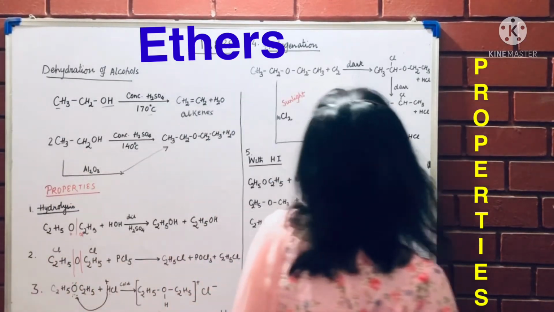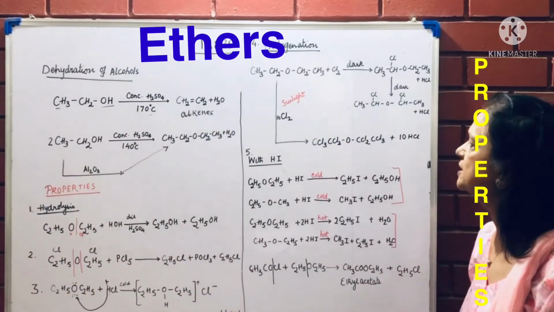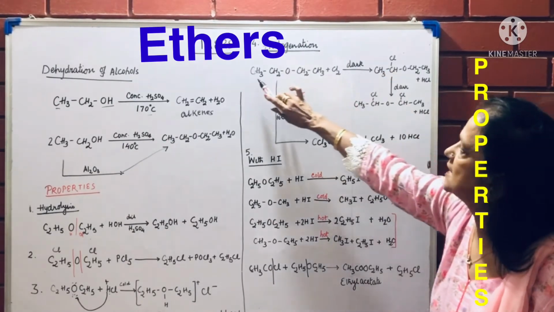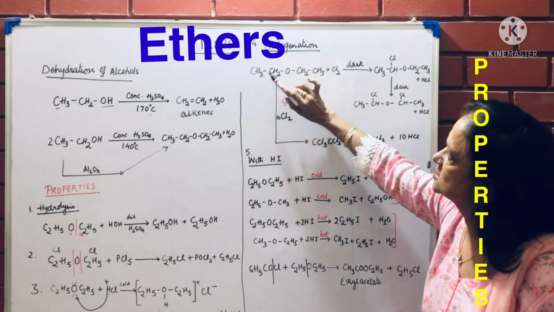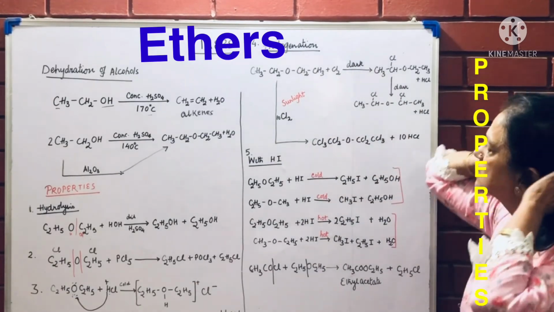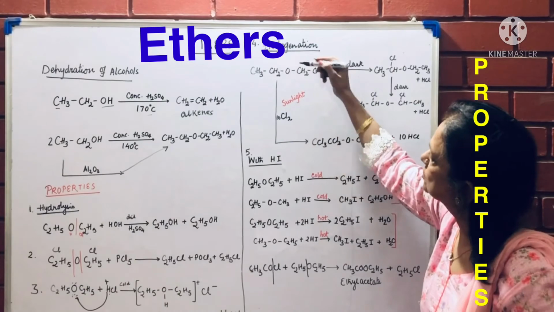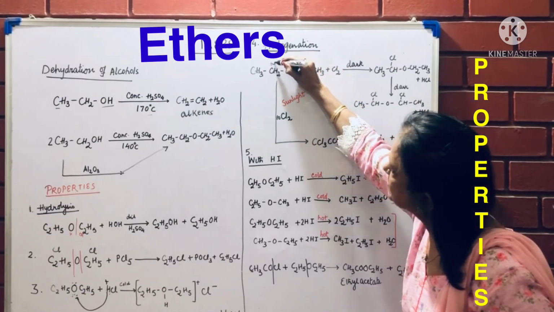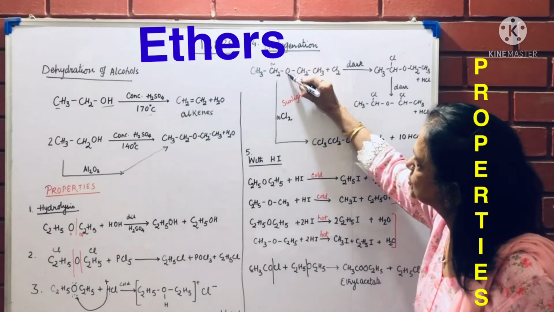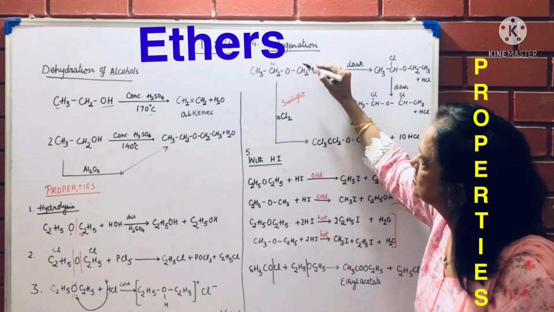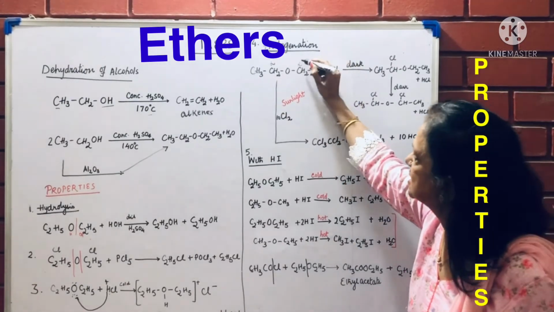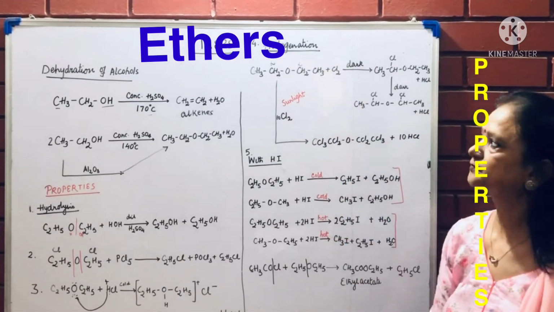Now this is an important reaction of halogenation. There are two situations here. If I use this diethyl ether, CH3CH2OCH2CH3, in dark, this is the functional group. Next to the functional group is called the alpha carbon atom. Now on this functional group, the alpha carbon atom is here, also an alpha carbon is here. On both sides, we'll say alpha and alpha dash.